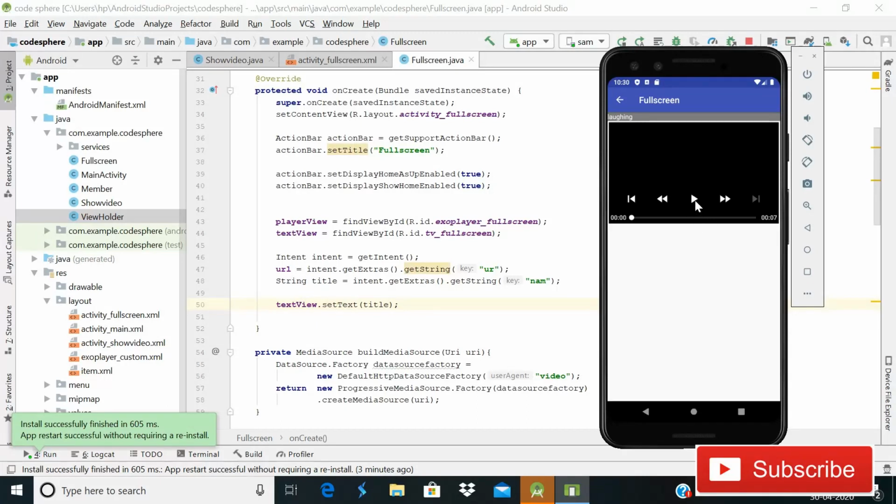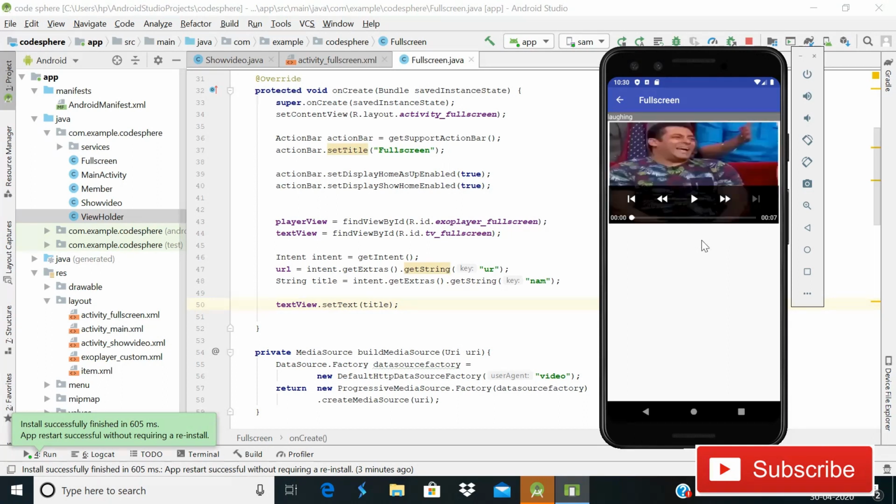But when your internet is good, you can see that duration is showing here, it means that our video started loading. So today in this video I will show you how you can do this in this Firebase video streaming app, how you can open a video in a new activity